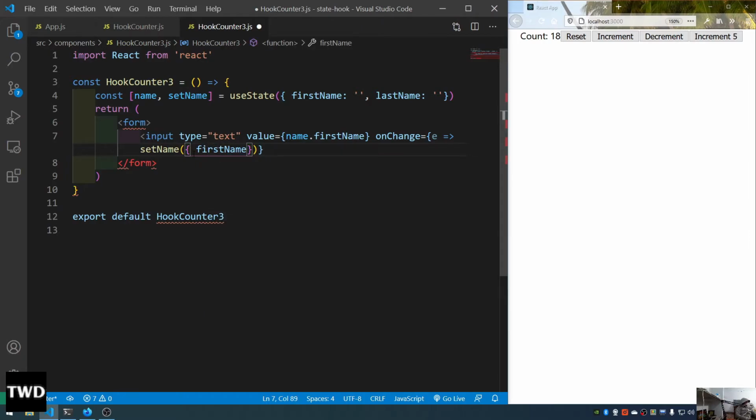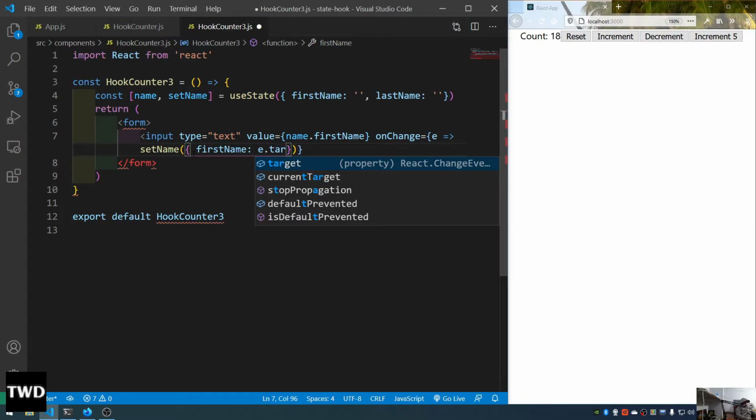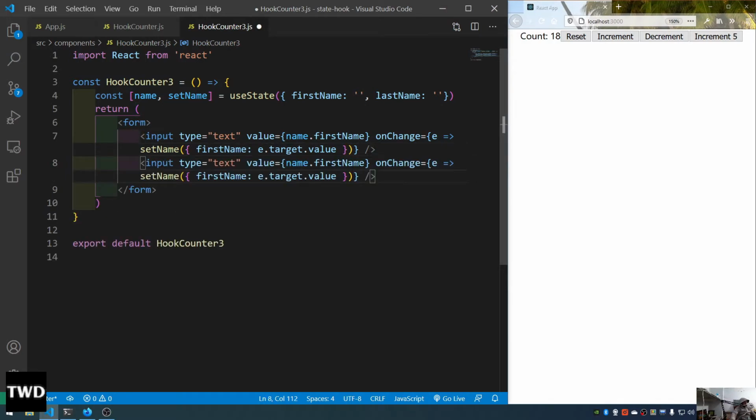firstName: e.target.value. So like this it will be done. It is giving me an error because I have not closed it, and it is done. I just have to copy paste it, firstName, and this will be lastName,